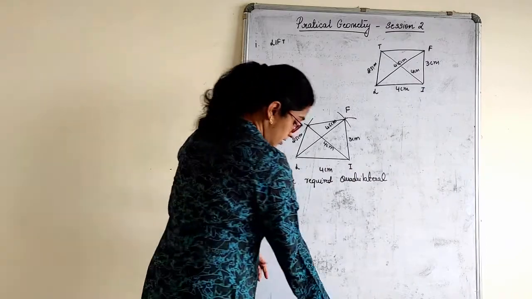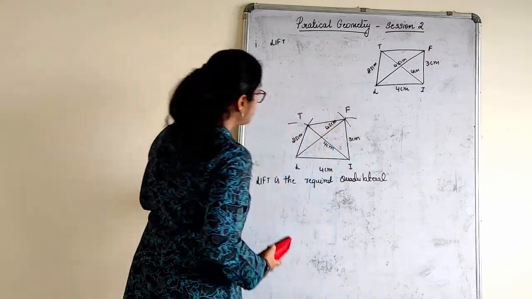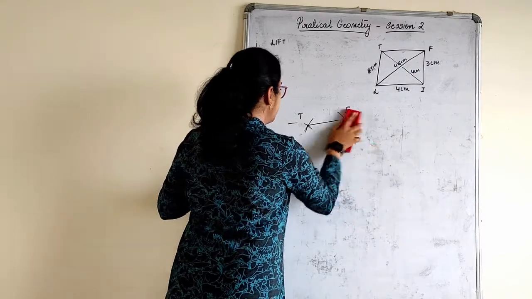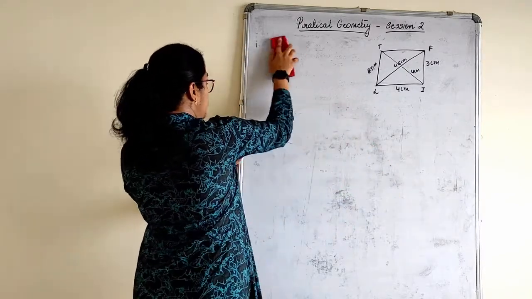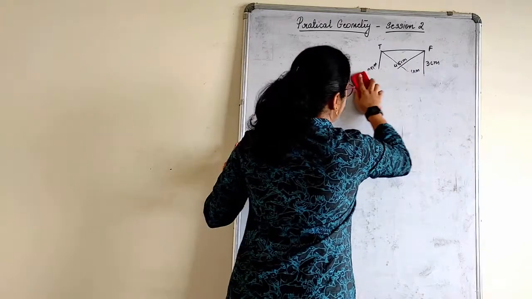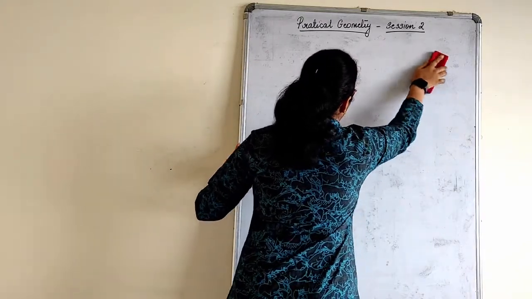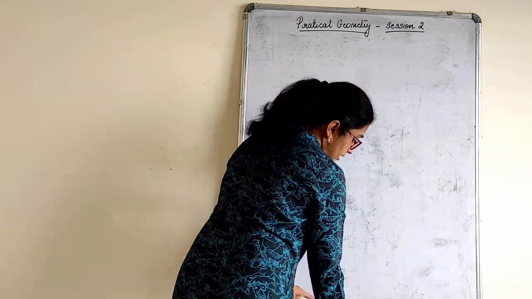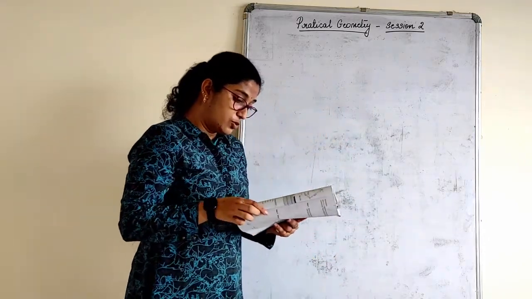Okay, let's go with the next one. I hope it is very clear how to go about the construction. This exercise is very small, there are only 3. I'll only stick to the exercise. One session, one exercise, because you should get thorough with the type of construction given. Let's see the next one.